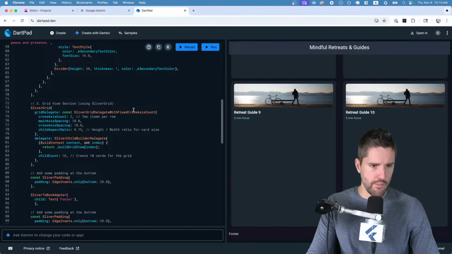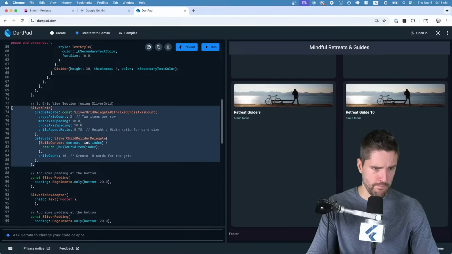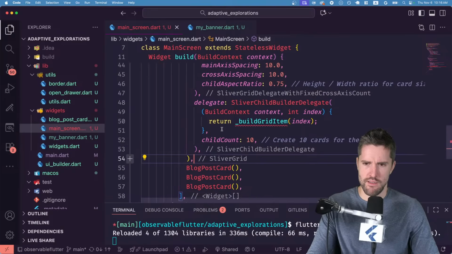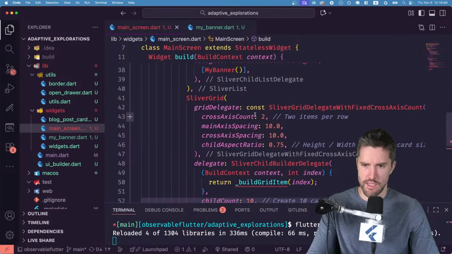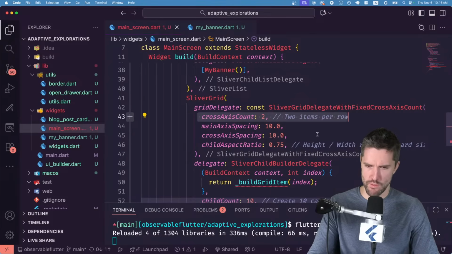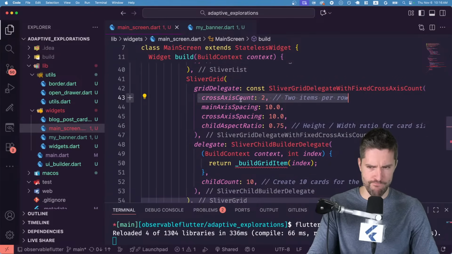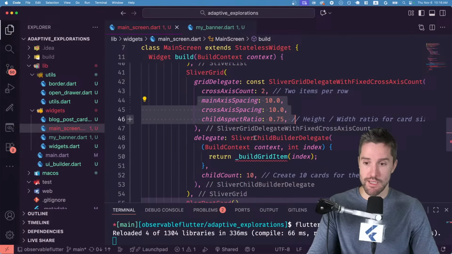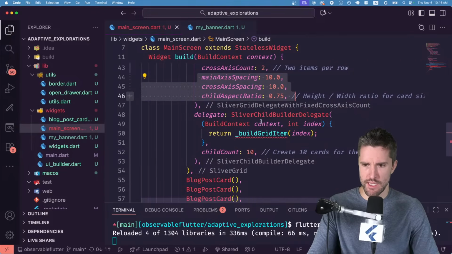So skip down to the grid and we get the grid delegate. It's all this fun stuff. I'm just going to copy all of this, I believe. Yep. Thank you. Okay, sliver grid, that's good. So this, the cross-axis count, this is what our UI builder is about to decide, or we'll set some breakpoints. And I guess it might provide all these values. Now our delegate here, the builder delegate,